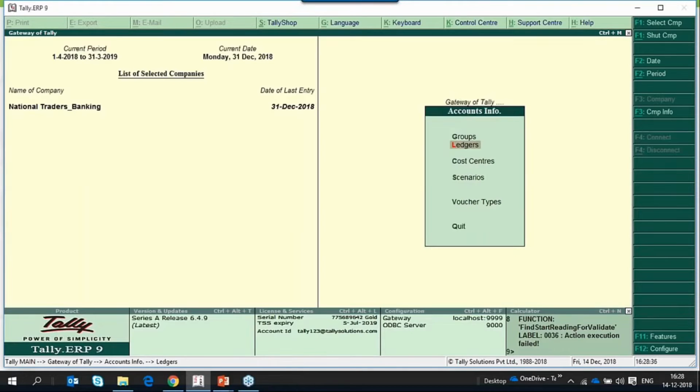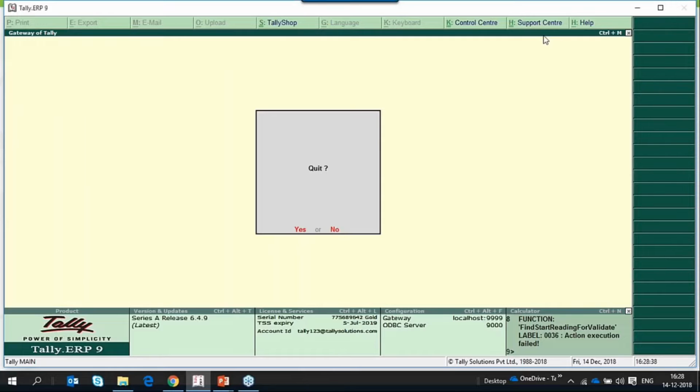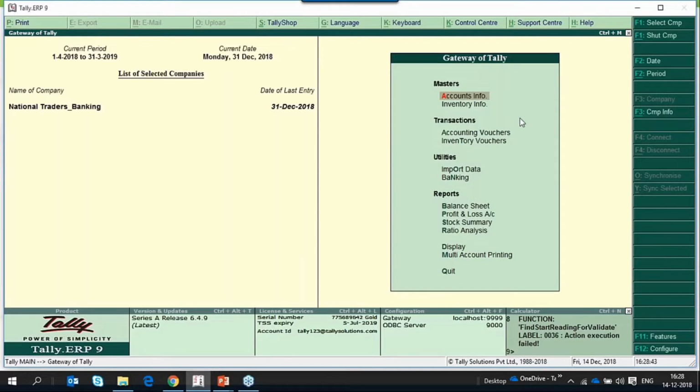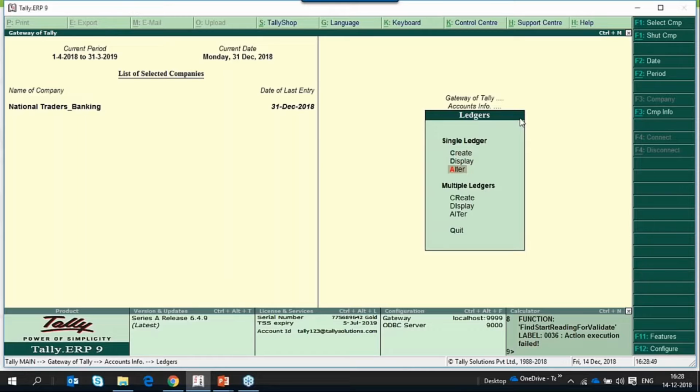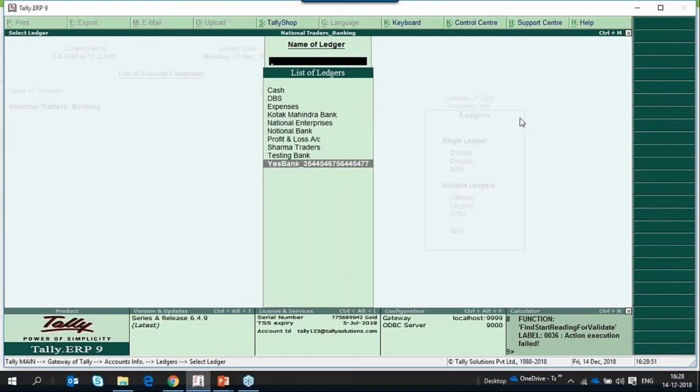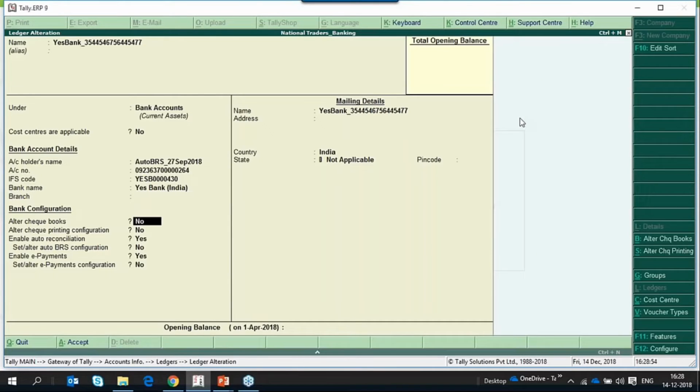Under check management, we are going to see how to enable and configure a check range. Let me take you to the ledger alteration. Here we have an option called alter checkbooks.